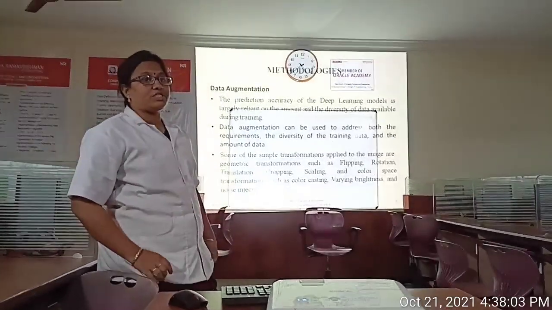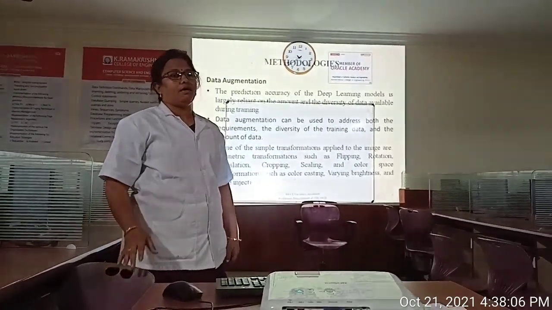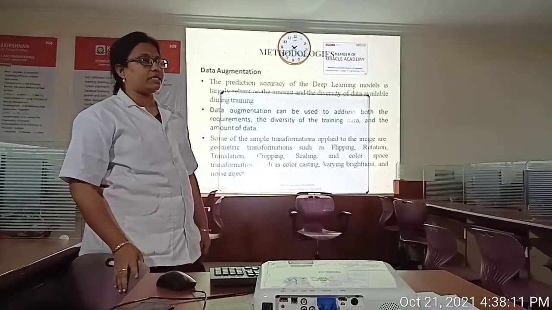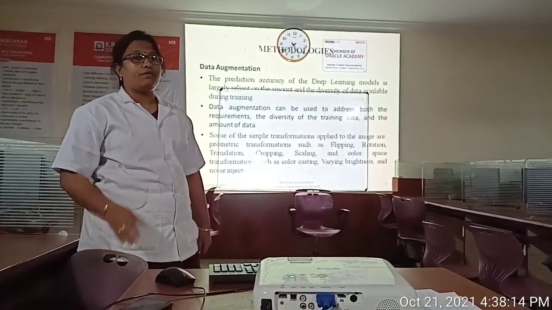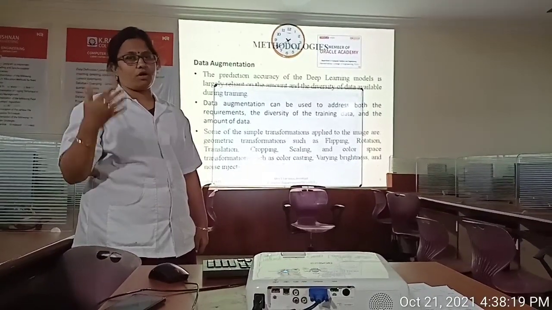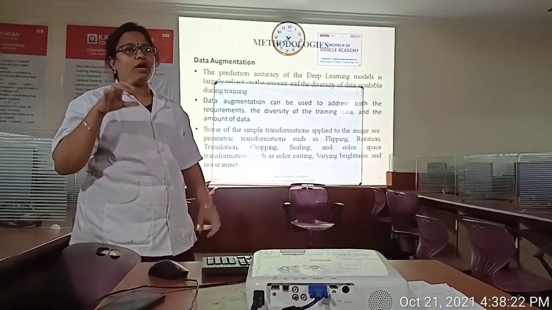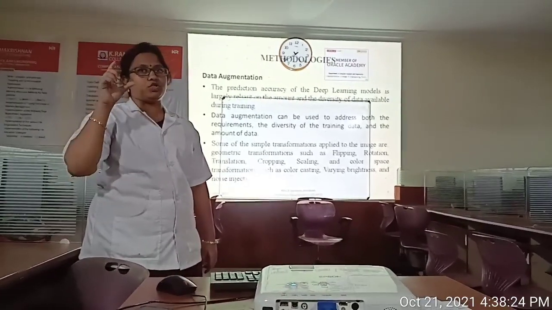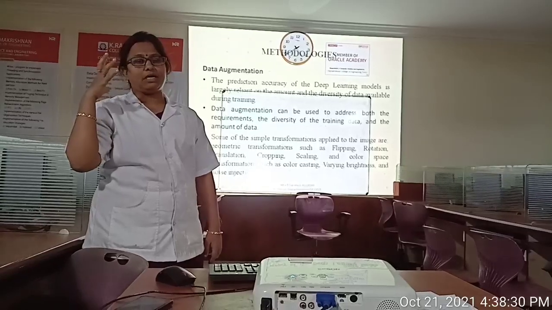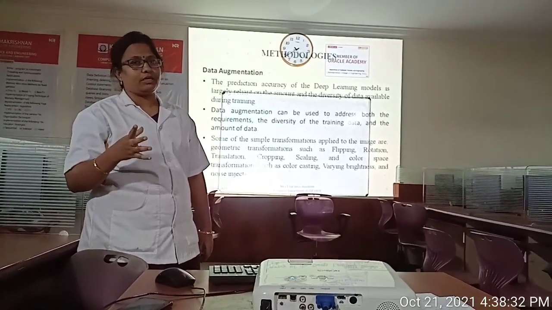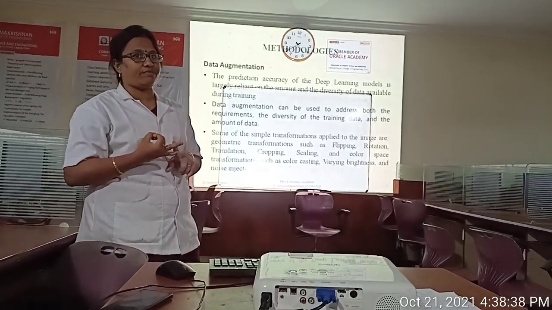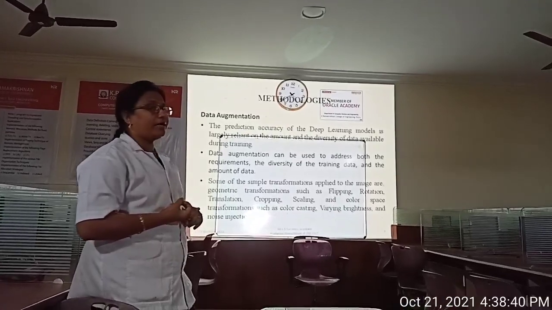So what is data augmentation? Normally when we develop a model, we definitely need high performance and better accuracy. To get those, we need to concentrate on two things. One is we have to train a model with a large volume of data, and we should follow the diversity of data. We cannot expect that the leaf image will be present in the center. The leaf can be in the right corner or left corner, or it can be dark, or it can be a blurred image, right? So for achieving these two things, diversity of data and a huge amount of data, I am using a method called data augmentation.